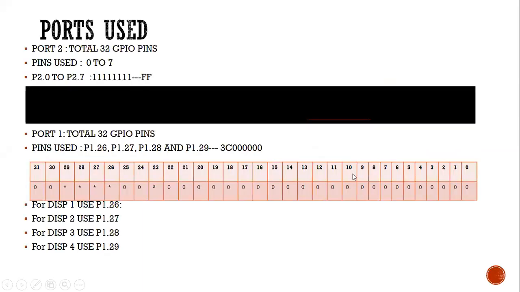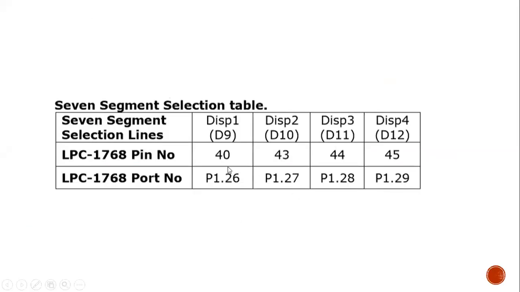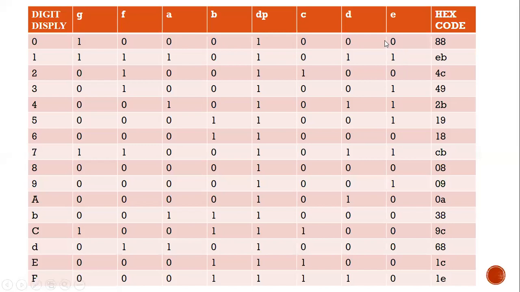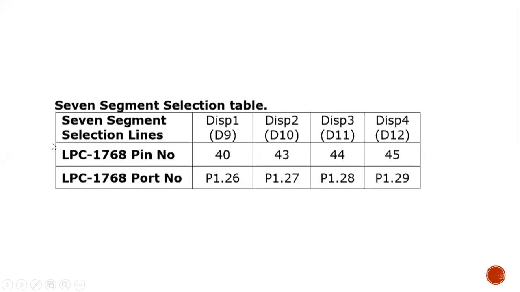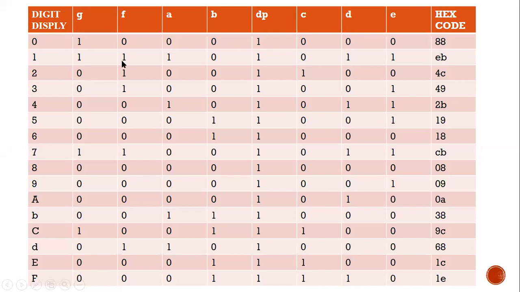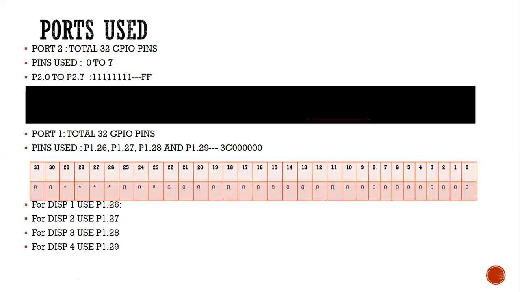As I mentioned already, we will be using 2 ports. One port is for connecting the displays, another port is to send this information. Carefully understand, I am going to use 2 ports. One port is for connection of my 7 segment displays. Another one is to send this information to make the LEDs glow. Yes, those ports are port 2 and port 1.